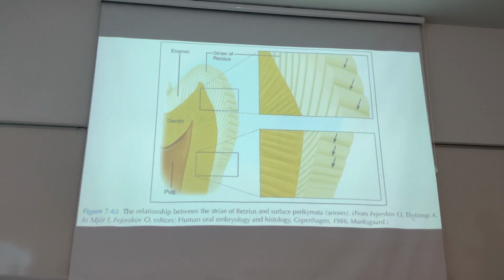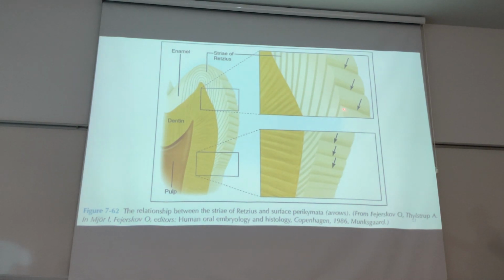Ameloblasts produce the enamel in different ways, depending on the position. And as you can see, the surface of enamel is not a smooth surface. In the surface of enamel, you can see structure like this. Why? This is because of the shape of the ameloblast surface. We will talk about that surface. And in the enamel, you can see